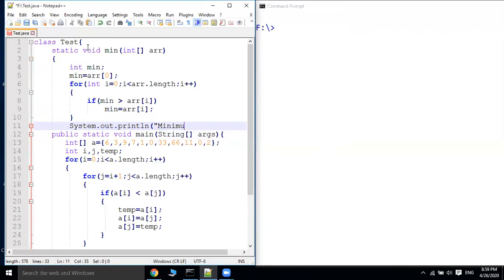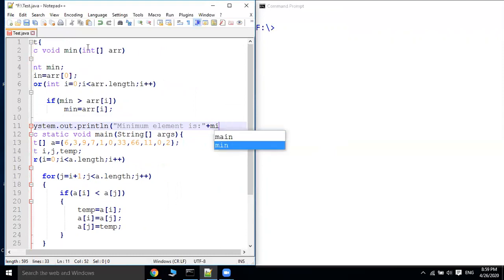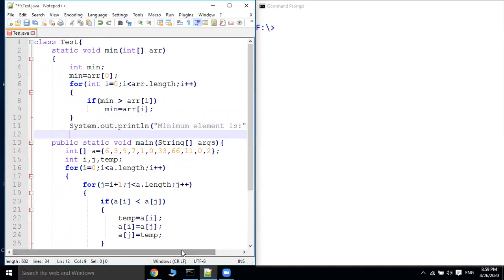What is the minimum element? My minimum element is min. Okay, so this one semicolon, and then close this.